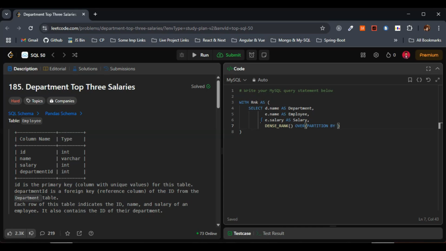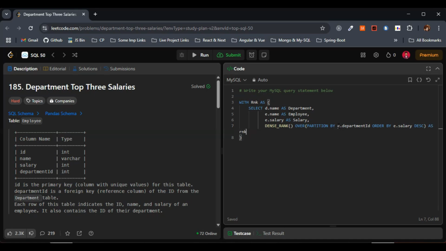So let's consider e dot department ID. Here in this case, I'll just give e dot department ID. This one we are sorting in descending order, so I'll go with order by e dot salary in the descending order, right? This is fine